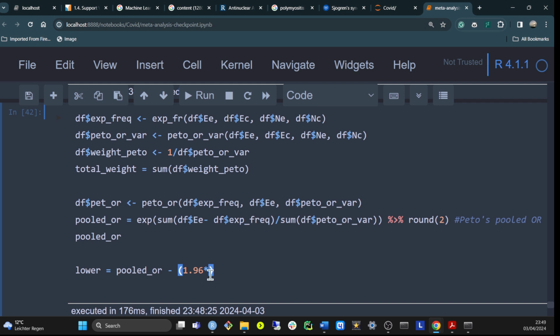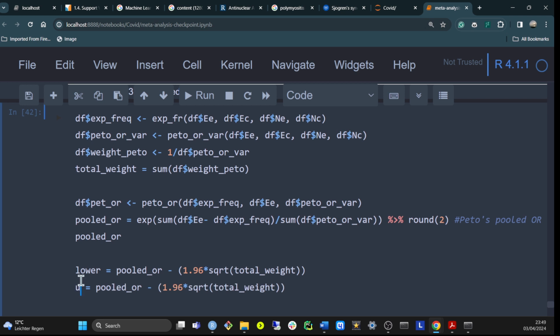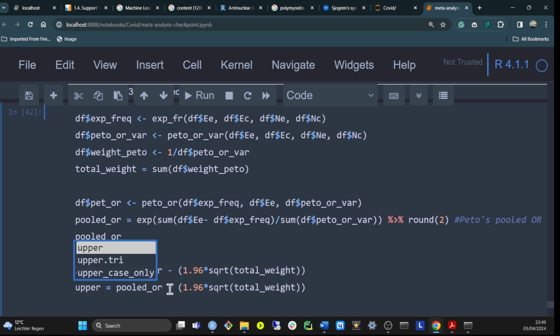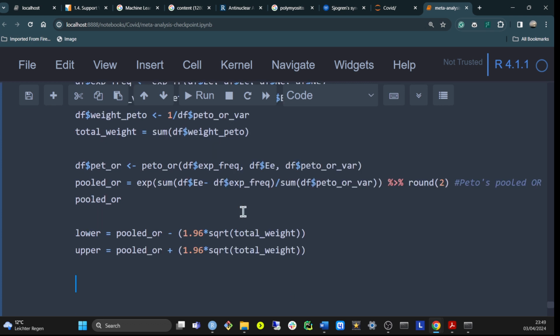Maybe I already have lower and upper, so it will get confusing. So let me just copy this and then show you what we have. So this is the value we have. No, this one here. So if we get this value, 1.32, that means this is using the Mantel